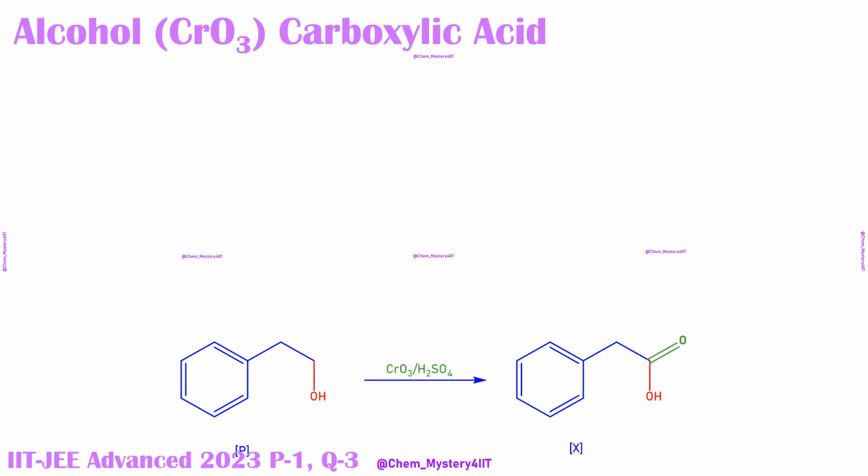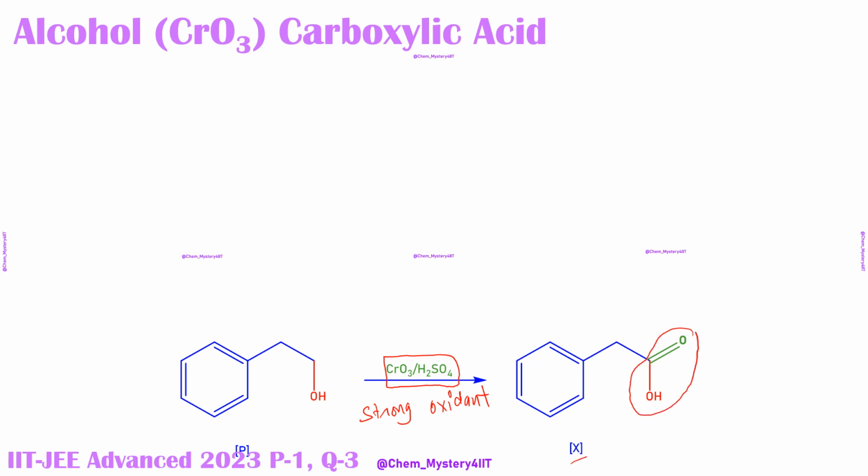Now we are going to the next step, which is going to be the oxidation, and this is because of the 1 degree alcohol. In the previous question, they had given us the same reagent, but we had a 2 degree alcohol there. So the 2 degree alcohol was oxidized into a ketone. No further oxidation was possible. Over here, we have a 1 degree alcohol. In the very first step, this will be oxidized into an aldehyde. And because we know this is going to be a strong oxidant, we expect it will convert the aldehyde, which could have been formed in the very first step, into the corresponding carboxylic acid group.